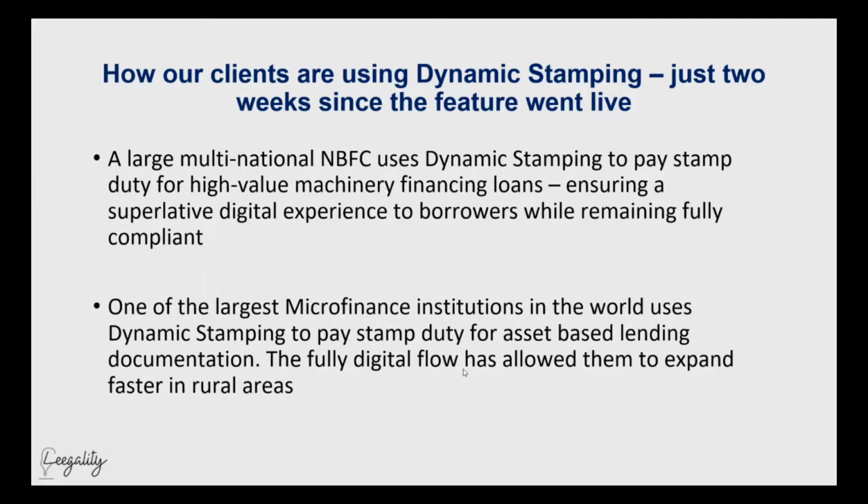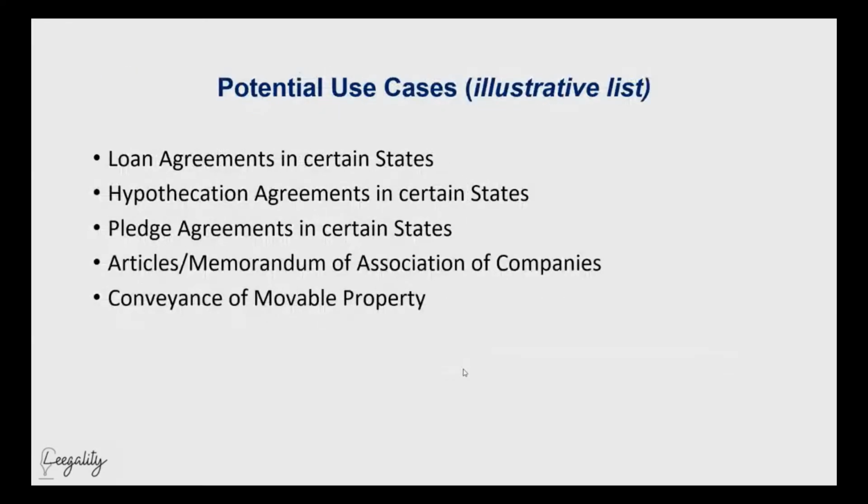So they've been able to leverage their existing inventory of stamp series and seamlessly transition to using dynamic stamping just by creating a group, right? And this has been possible just in a couple of weeks because of the low turnaround time. So you can procure stamp papers within 7 to 10 working days, and as we saw, creation of a stamp group is a matter of minutes, right? So you can very easily start using this feature, whether you have been a customer for a long time, or you're just onboarding with Legality.